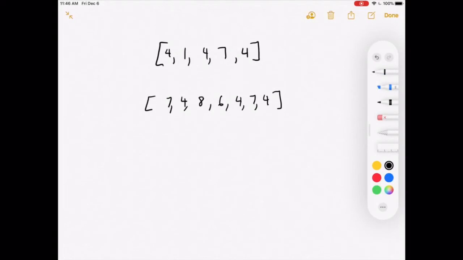Alright, so what does the intersection even mean? All it's asking is which elements are shared between the two arrays. So if you look in the first array, we have the number 4 multiple times. That's shared with the second array. So one shared element would be 4. Are there any other shared elements? Well, yes, there's the number 7. The number 7 shows up once in the first array and twice in the second array, so 7 is another